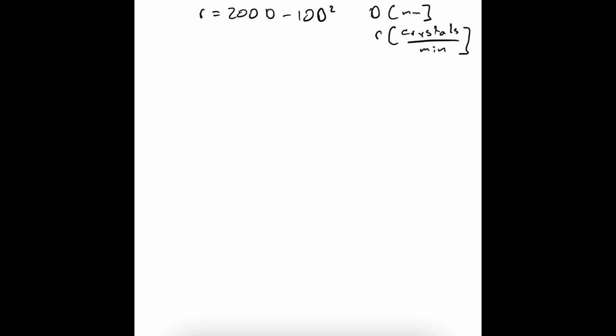empirical function r equals 200 d minus 10d squared, where d is in millimeters and r is in crystals per minute. I don't want to write crystals every single time, so I'm just going to say C stands for crystals and minute. Okay, part A